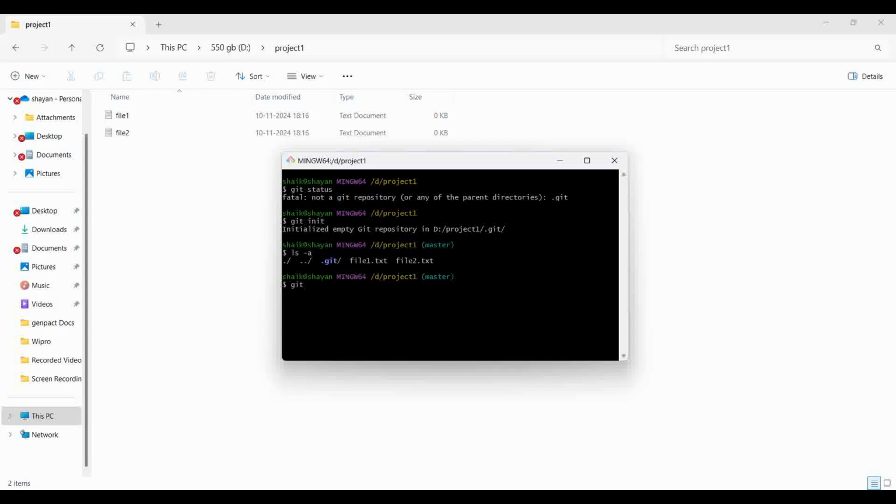And afterwards, you need to configure the config global user.name, and you need to give your username of the GitHub, and you need to give your email address of your GitHub. Once it is done,